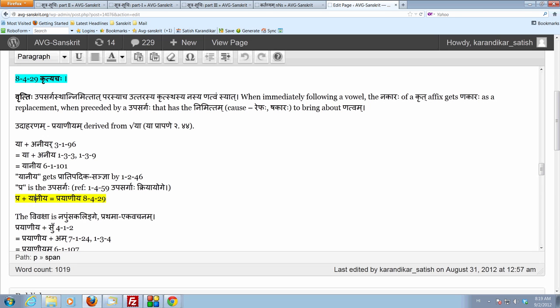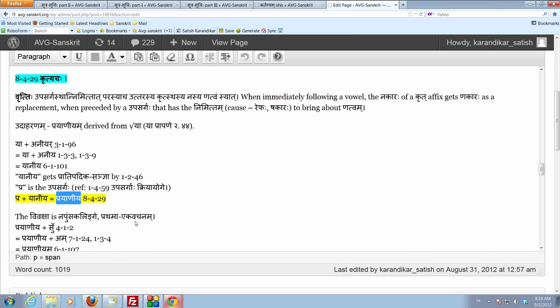So these are three conditions. That nimittam should be in the upasargaha. In this case, the rephaha is the nimittam. There should be a nakara which belongs to krit pratyaya. In this case, aniyar has the nakaraha. And lastly, this nakara should immediately follow a vowel. In this case, akaraha, because yaniya. So we get prayaniya. One thing to remember is that we have to still check the conditions which are given